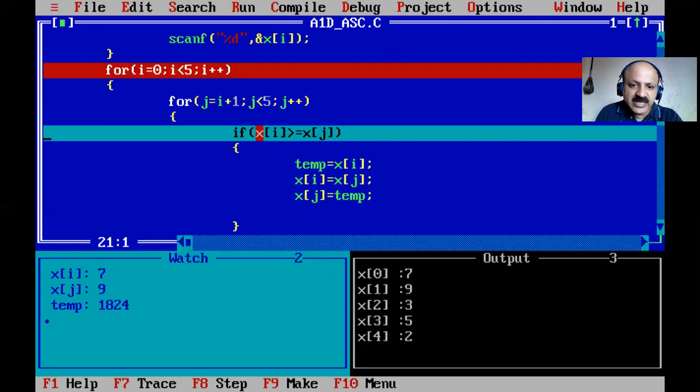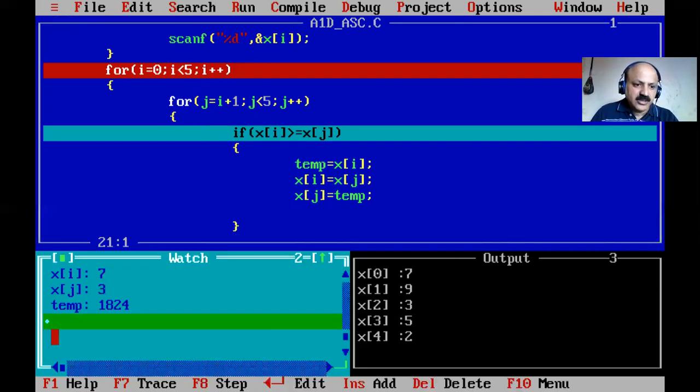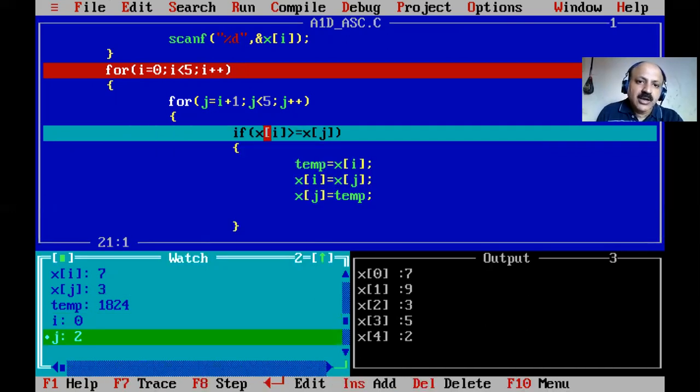So here we can say 7 is greater than or equal to 9, but no, that condition is false. So directly we go to our inner for loop. So the first element is compared to each element, because the element at index 0 is compared to each value. Yes, let us check how. I press F7 again. So here j plus plus. So yes, j is incremented. I just write here also i is 0 and j is now 2, because again the inner loop is iterating, which is known as the dry run method.